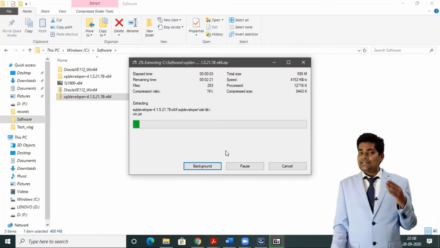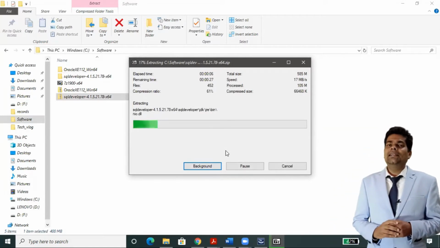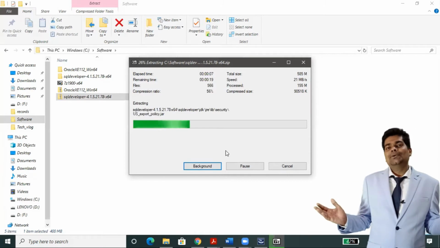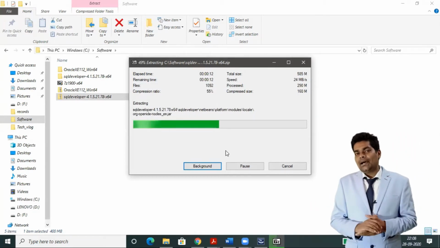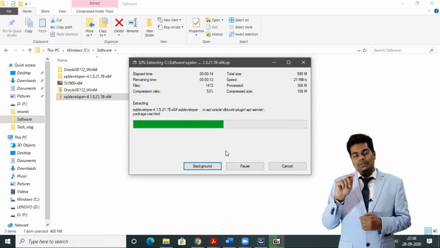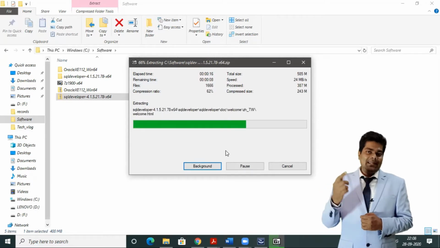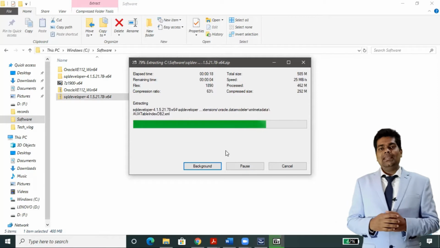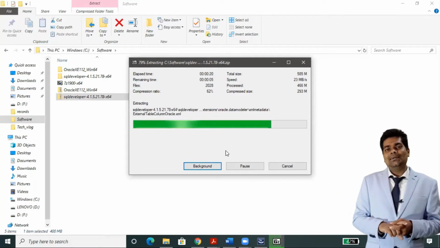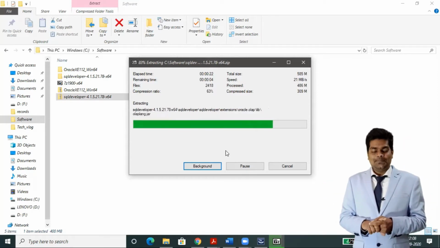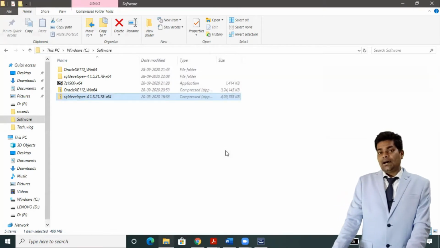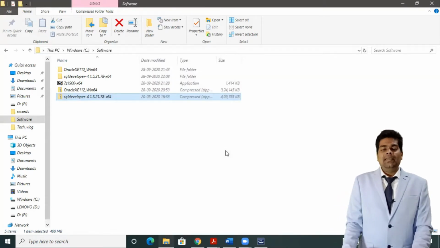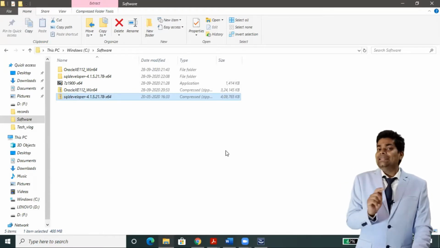The best part of Oracle SQL Developer is that we do not need to do any installation. There is simply one file, and we have to make a shortcut on the desktop, or we can pin it to the taskbar of the system. After pinning or making the shortcut, please don't delete this software.